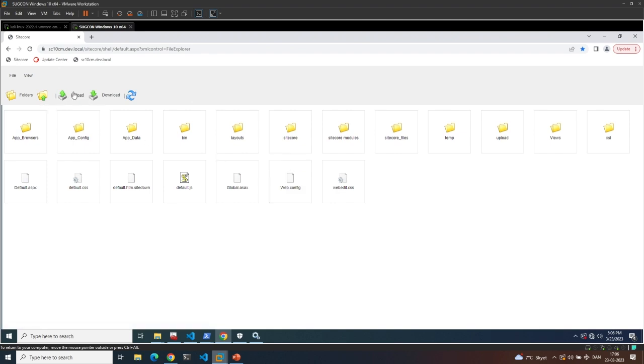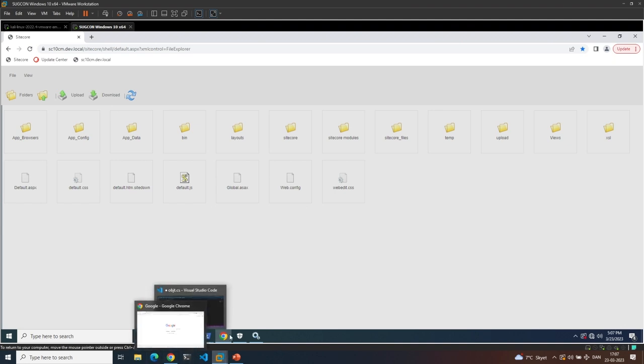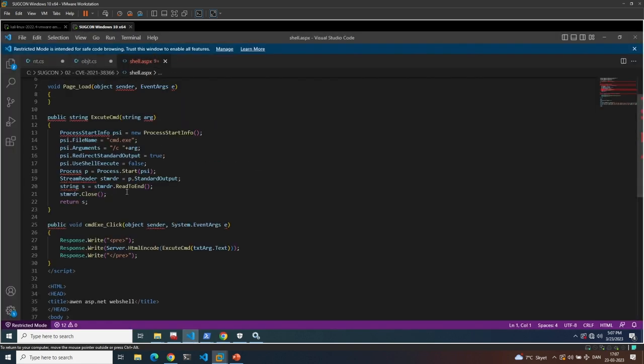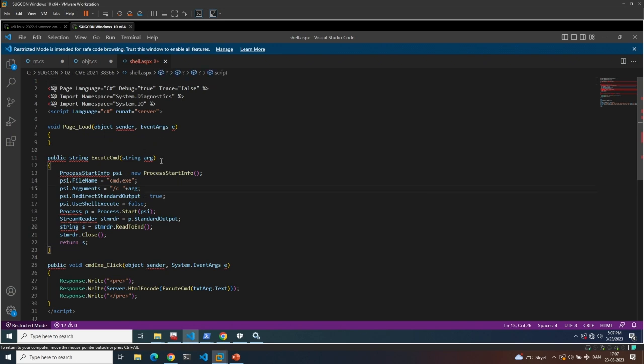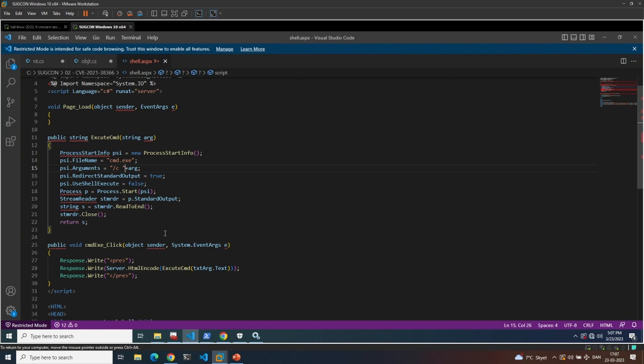So here, I'm clicking upload. Sorry, really slow. It's tough running Sitecore on VMs. While it's loading, maybe we should see the ASPX file. It's a simple ASPX file. It takes in an argument, which is the string, or actually the command I want to run. No need to take pictures, you can download it off GitHub. This is running the old cmd.exe, so it takes that, spawns a new process, takes the output of that process, and puts it back on the screen. Very, very simple, okay?